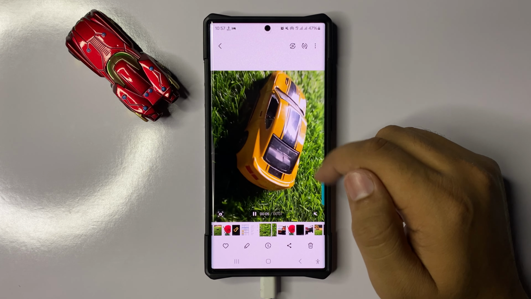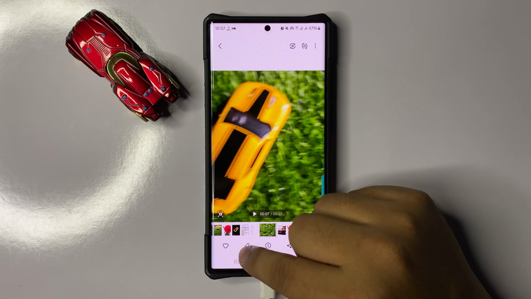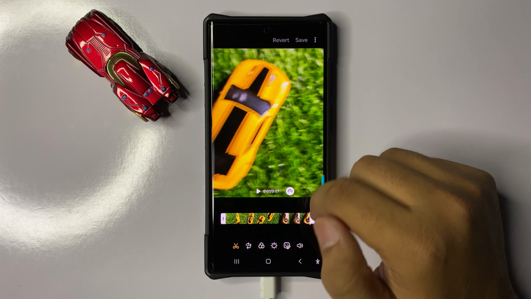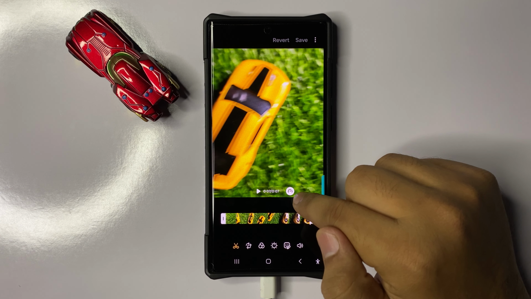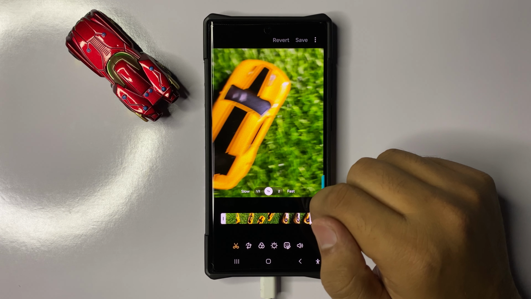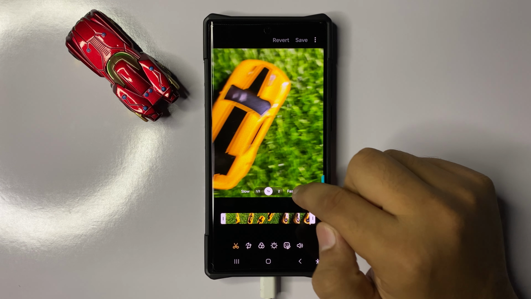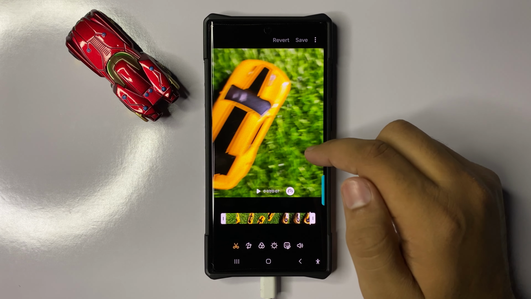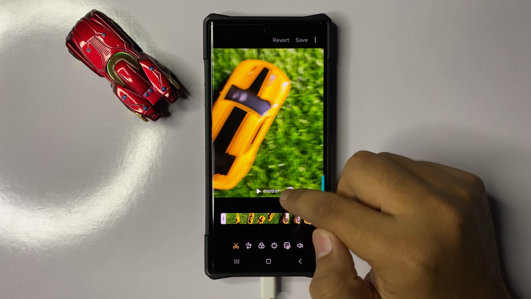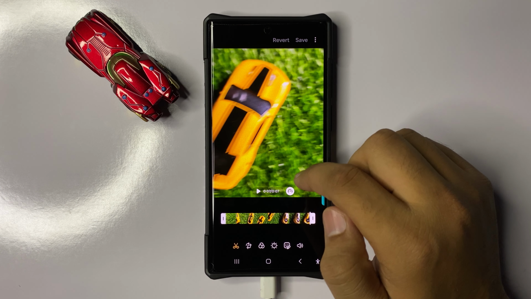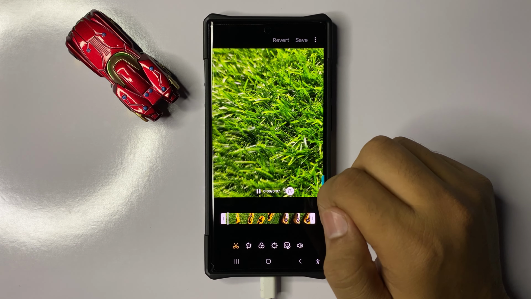Now to make it a slow motion video, click on this edit icon and then click on this speed icon. Now from here you can make it slow or fast. So tap on slow to make a slow motion video, and now